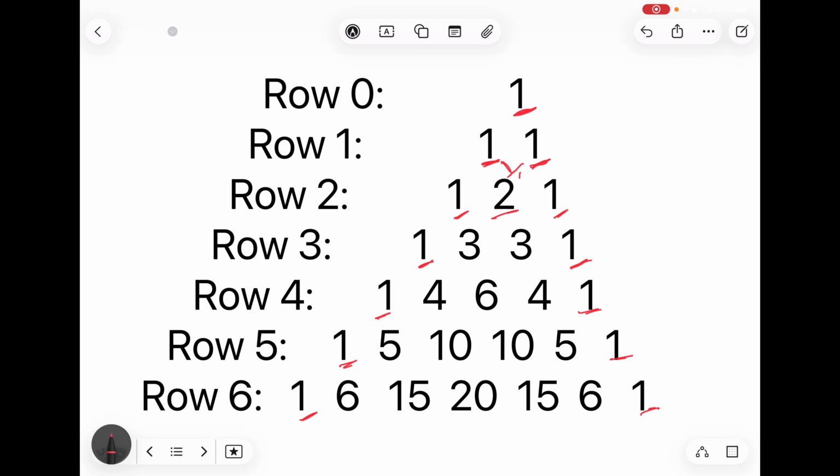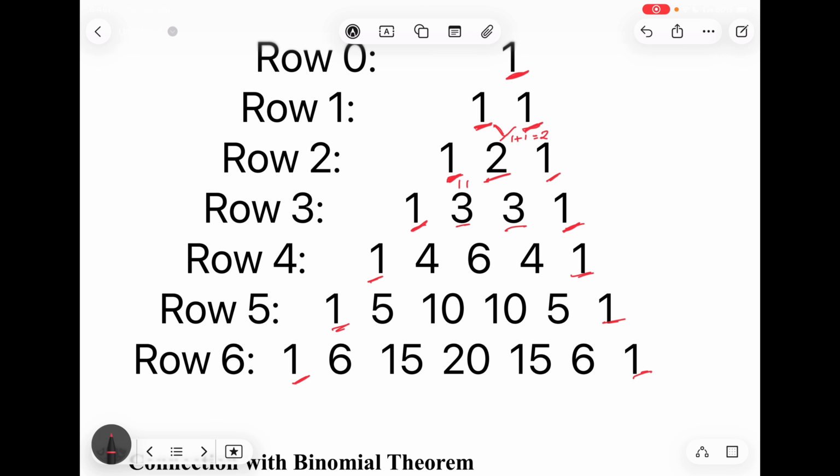which is 1 plus 1 is equal to 2. Now, above this position, there is 1 plus 2, which is again 3. Now, for this term, we are going to add the numbers above it, which were 2 and 1 again. And continuing this, we will get this triangle, which is known as Pascal's triangle.